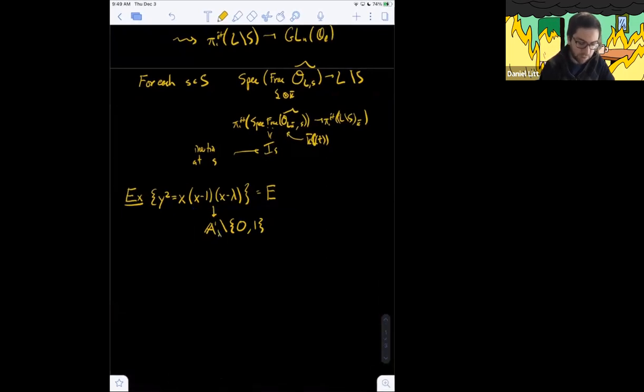Given lambda, you look at the solutions to this, but this really lives in some weighted projective space. I'm going to just write down the affine model to avoid being super complicated, and the fiber over lambda is this elliptic curve. So is it clear what this family is supposed to mean? Does anyone have any questions about it?